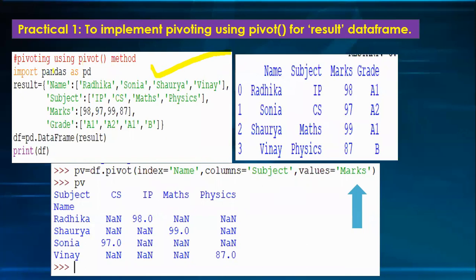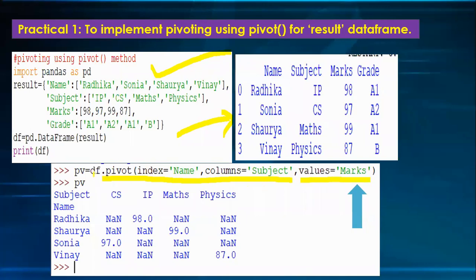First, you have to create a data frame. So this is just to create a data frame. See the output of this data frame. You already know how to create a data frame. एक data frame बनाना है, फिर उस पर हम pivoting करेंगे. PV dot, sorry, PV is just a data frame. तो pivoting data frame है, तो इसलिए PV नाम रखा है. You can write any name. PV is equal to df dot pivot. Index is equal to name. Columns is equal to subject. And the important one, values is equal to marks.